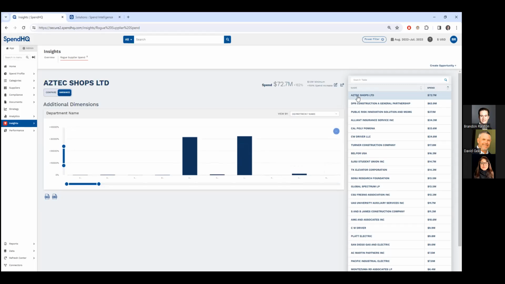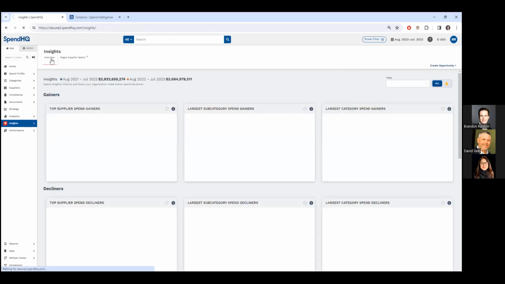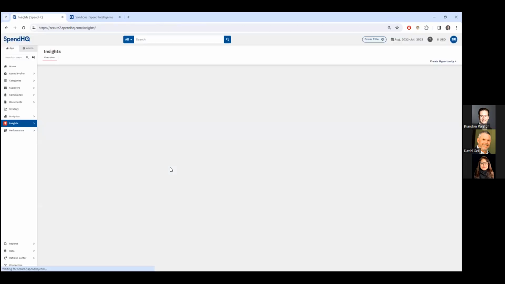If I want to look at an individual vendor as well, notice you can click on each of those and it will gravitate towards what's going on in that particular area of your insight you drilled into. To go back to that full list, you can go back over to Insights, and always note when you're going back to Insights, you can then queue up others you'd like to view as you're looking at different segments of